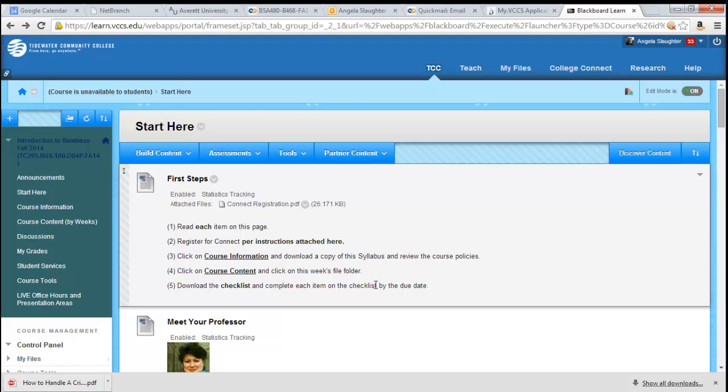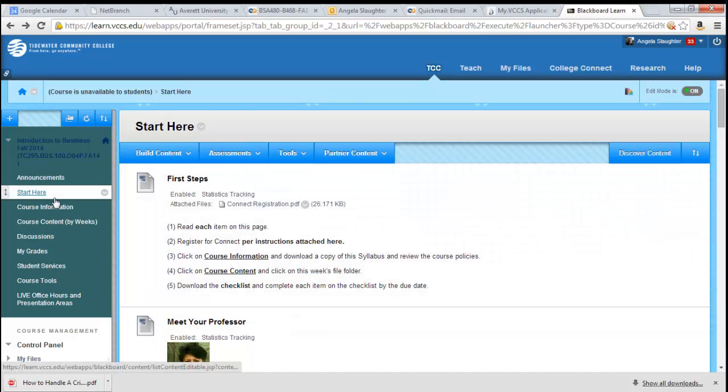There may also be math skill assessments that you need to take. There could be all sorts of additional information for your specific course. So do not skip the Start Here menu. Start Here means start here. Okay, in the next section there's course information,